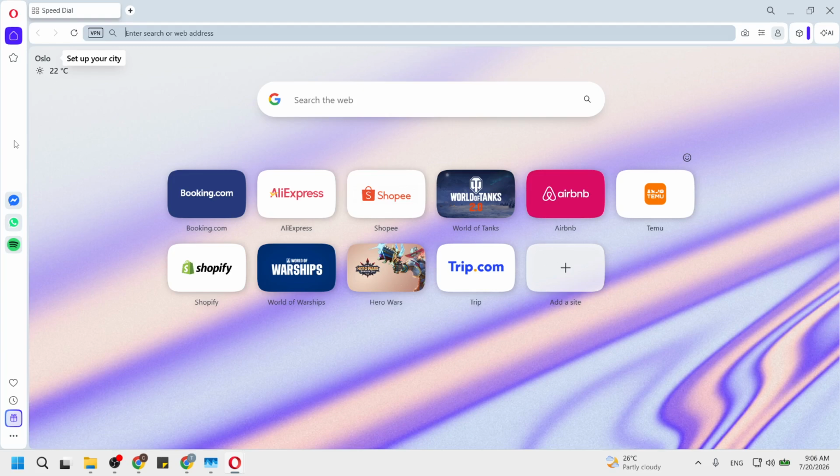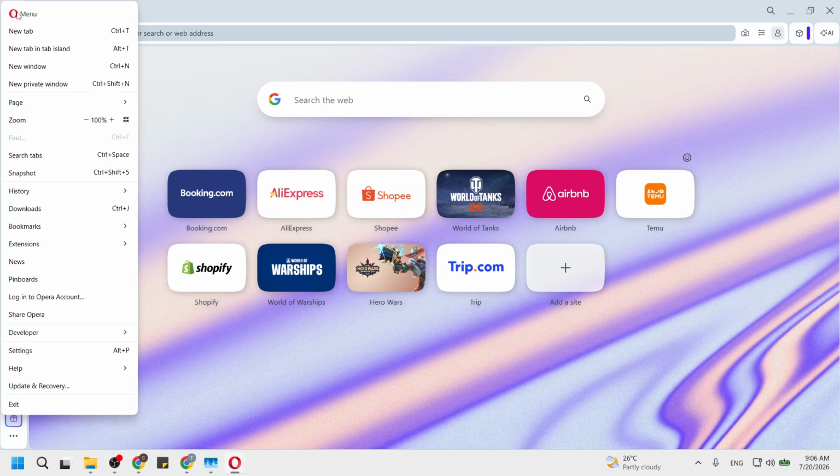Next, click the Opera logo located in the top left corner. This action opens the main menu of the browser. The logo is not just a decorative element. It serves as the gateway to numerous functionalities within Opera. When you click on it, a drop-down menu appears, presenting various options. Among these, you will find settings, bookmarks, and importantly, the update options. This step is vital because it leads you directly to where you can manage your browser updates effectively.